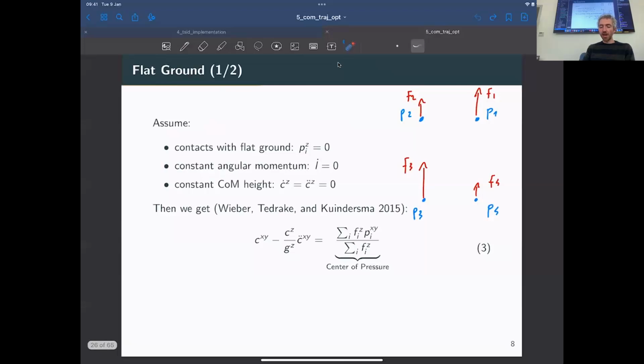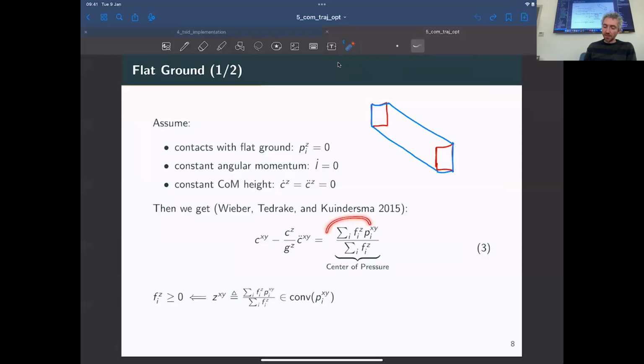And all these assumptions are rather close to reality if we are walking on a flat surface. Then we can derive from the previous Newton-Euler equations the following expression, which describes the relationship between the center of mass position, the center of mass acceleration, and the center of pressure, which is the weighted average of the contact points using the normal force as a weight. So since this weight, the normal forces can only be positive because you cannot have a force that pulls on the ground, you end up with this constraint that the center of pressure must be within the convex hull of